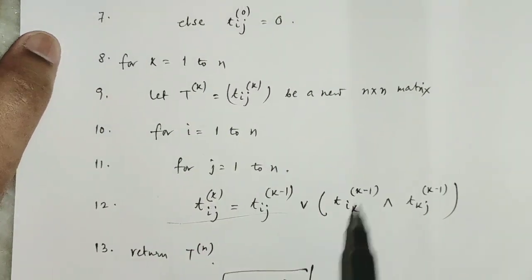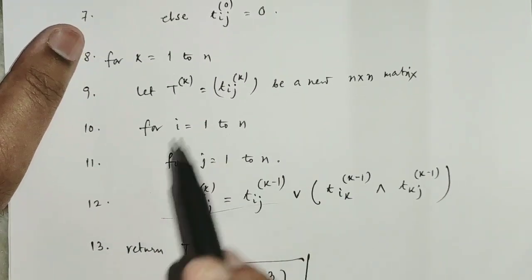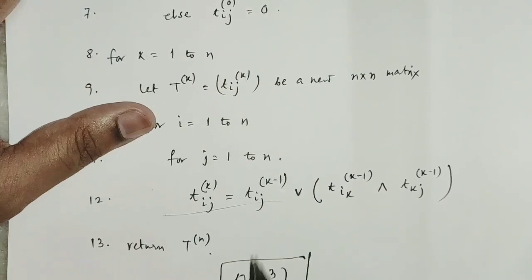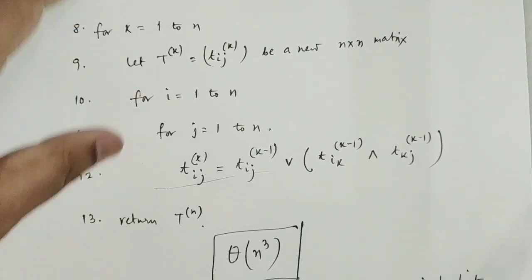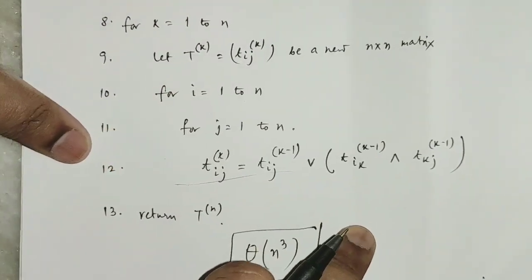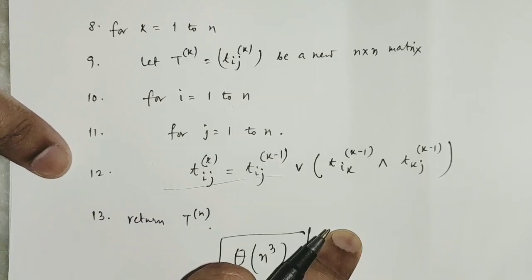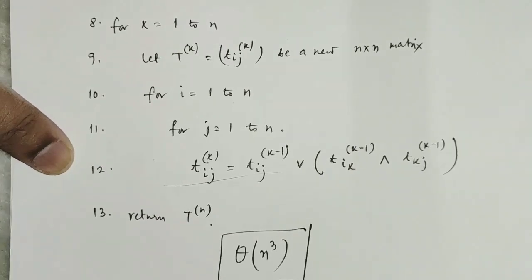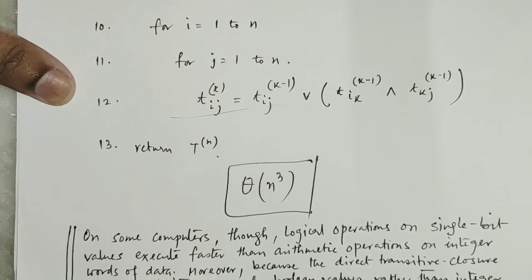And from this calculation it is very simple. All loops iterate N times: outer N, first inner N, second innermost is also N. So definitely theta of N cube is the time requirement. Then the question comes to your mind: you have already mentioned that it can save time and space in practice, though the complexity is big theta of N cube. So how is it possible?